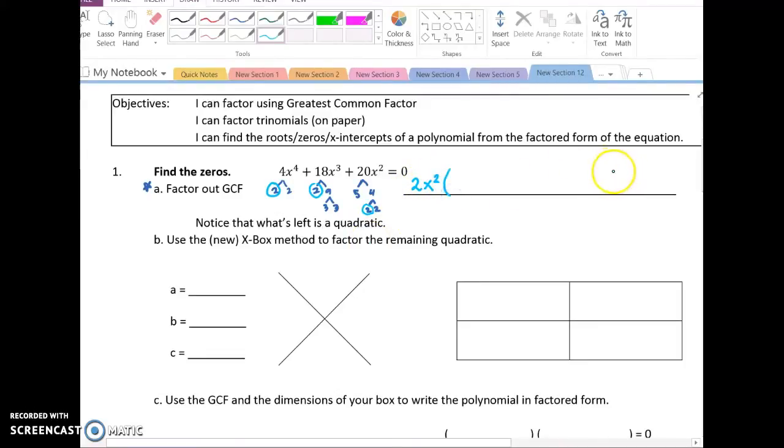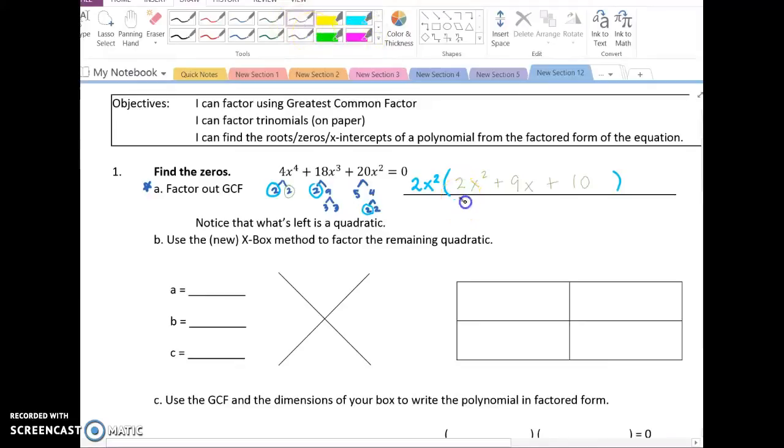So my GCF is 2x squared, and if I divide by 2x squared, I'm left with 2x squared plus 9x plus 10. Okay, so then I want